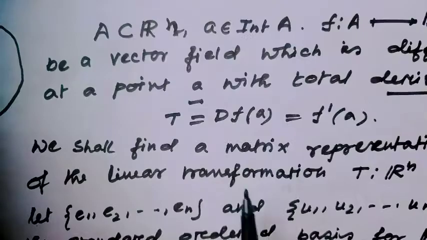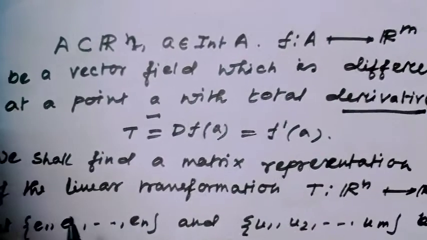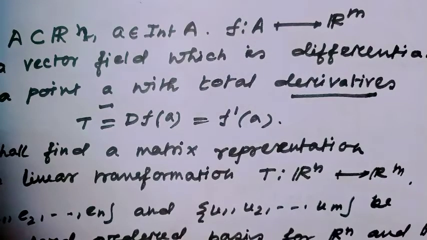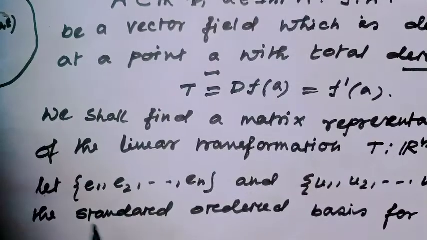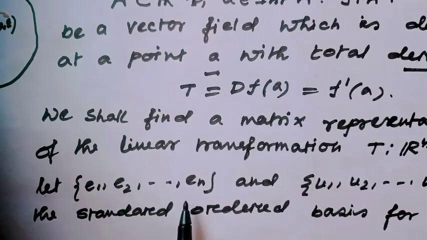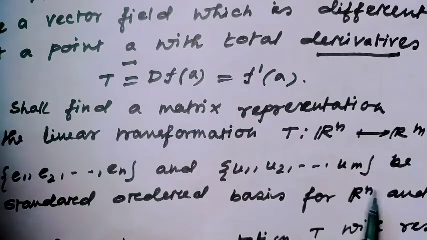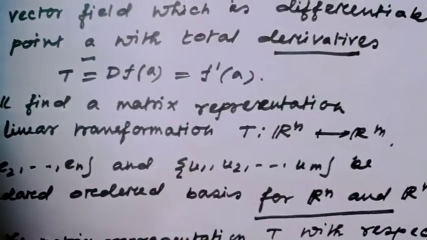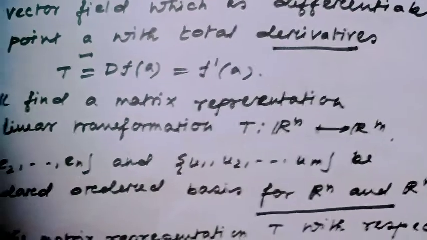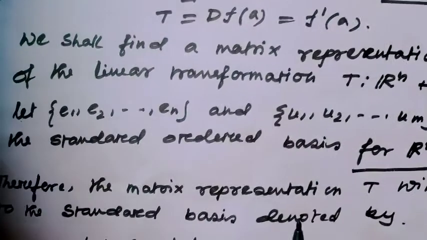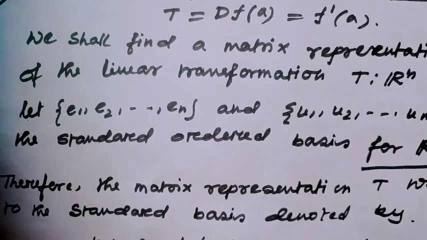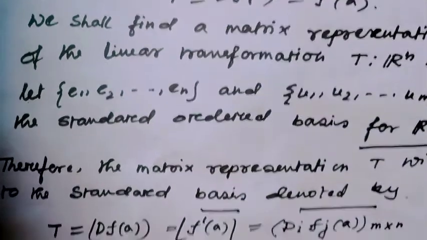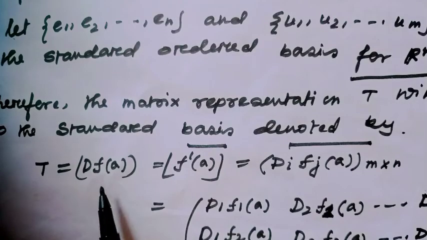Then we shall find a matrix representation of the linear transformation T from R^n to R^m, and let e1, e2, ..., en and u1, u2, ..., um be the standard ordered bases for R^n and R^m. Okay? Therefore, the matrix representation of T with respect to the standard basis,